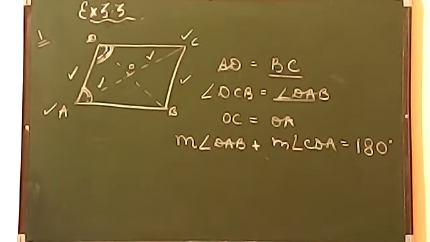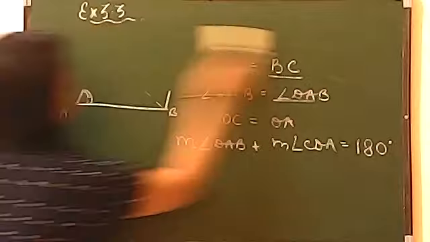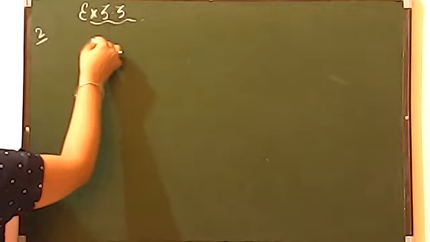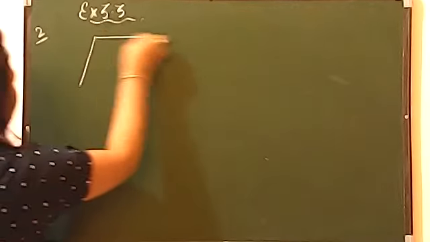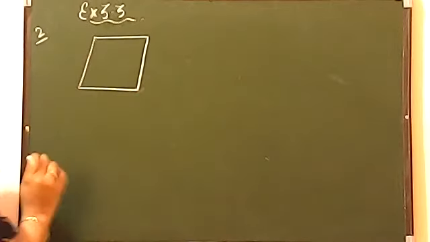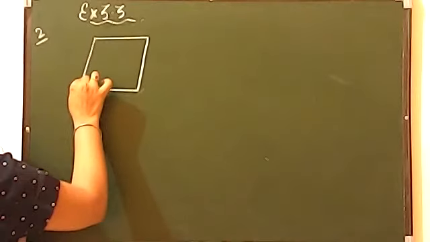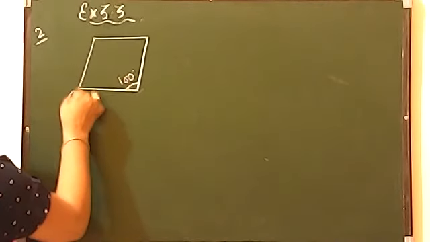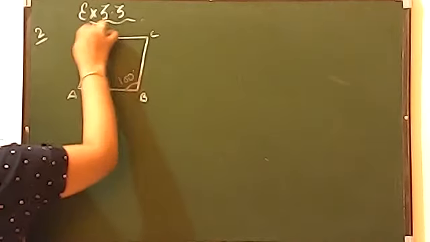So question number 2 is related to finding the values of x. And you will find each and every question simple if you will use the property very correctly. So let us begin with question number 2 now. Question number 2. First one we are discussing right now. This is the figure of a parallelogram. I would request all of you, you can do it in your fair copy directly if you do. So I am just telling you the solution of it. A, B, C and D.